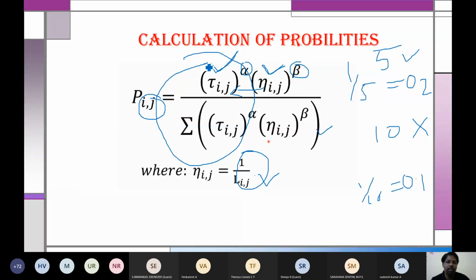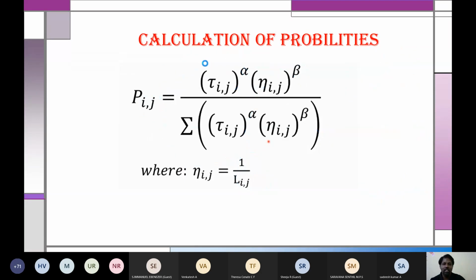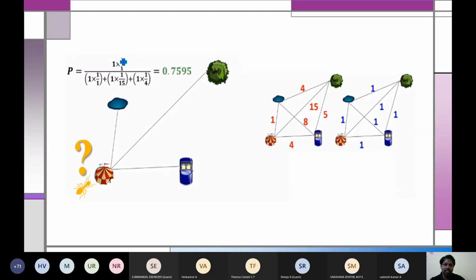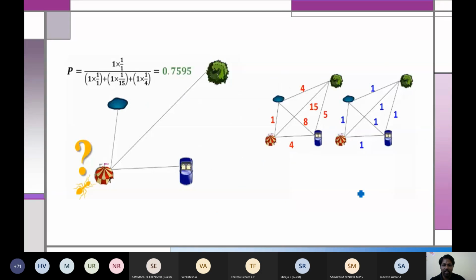I have another 9 minutes left. So I'm putting, for each path, how to calculate this. For the first path, I'm calculating the value of tau available into 1 by distance. I'm taking only 3 paths, because calculating for 5 paths is tough. From the source we have only 3 paths, so I need to start on any one of the paths, and only then can I go to another one. So I start calculating only for this path.